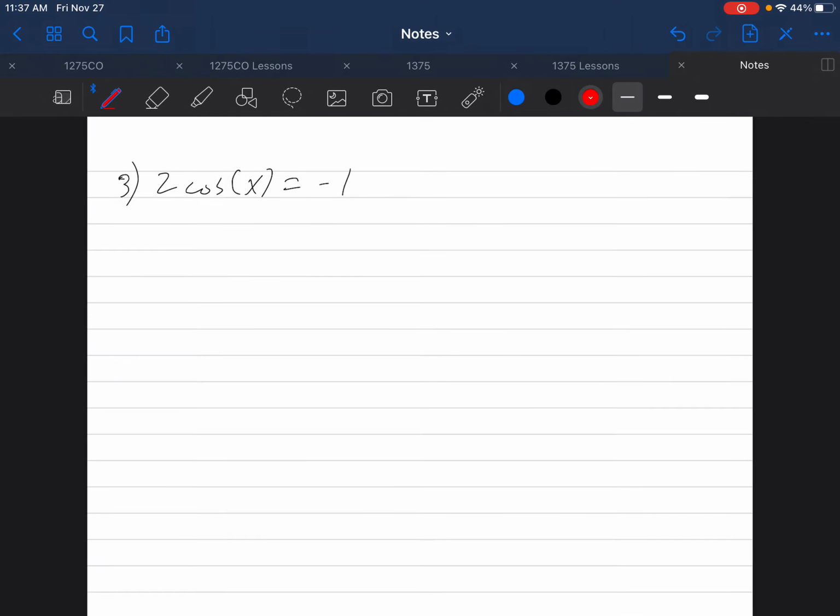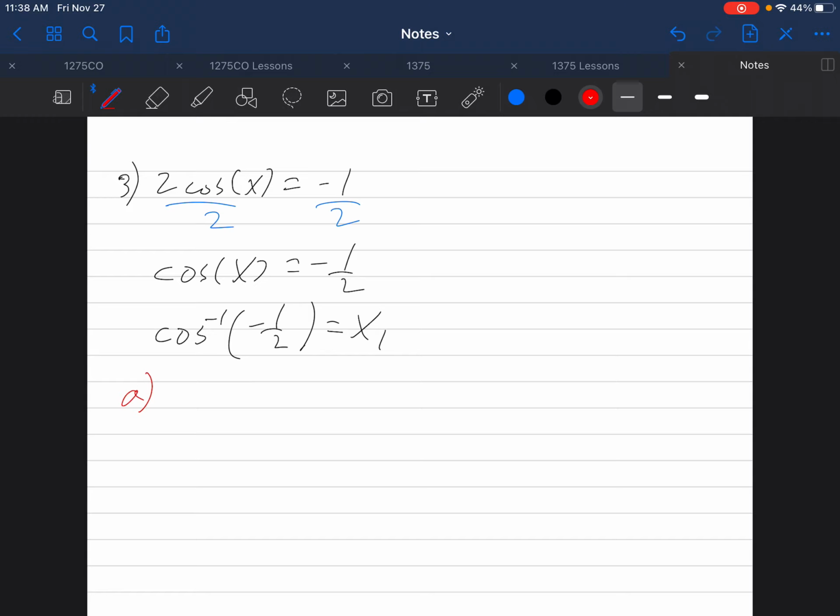One more. 2 cosine x equals negative 1. Again, solve for our trig function. In this case, divide by 2. Cosine of x equals negative 1/2. Inverse cosine of negative 1/2 is going to equal x1. So A, straight from our calculator,